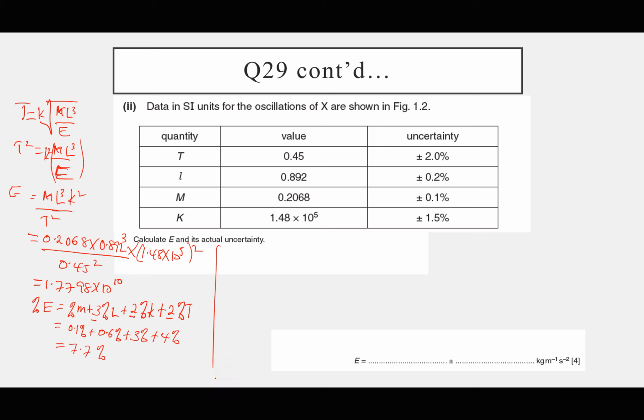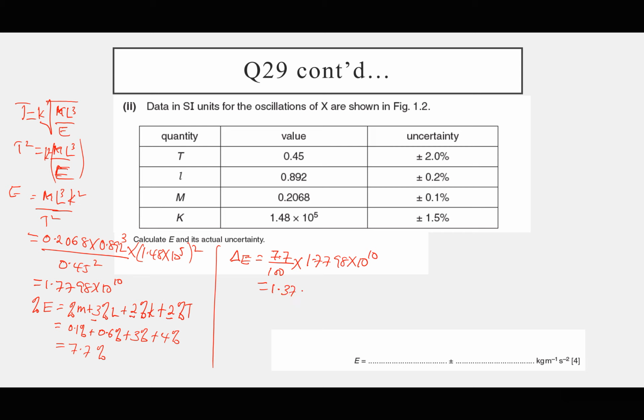So we want the absolute uncertainty in E. The absolute uncertainty in E is equal to 7.7 divided by 100 times the true value, which is 1.7798 times 10 power 10. So let's times 7.7 divided by 100. So I am getting this as